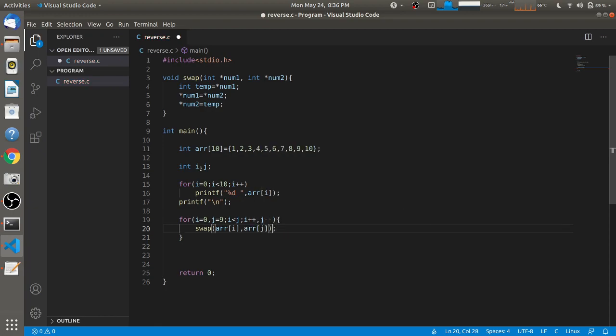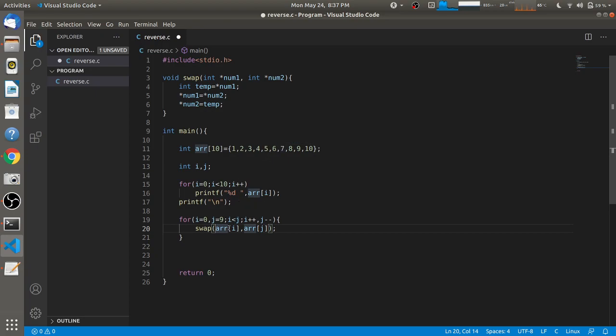So on the first iteration, you will see arr of i will contain value 1 and arr of j will contain value 10, which will swap their positions, and it will go till i is greater than j. That is, whenever i is less than j, it will continue.